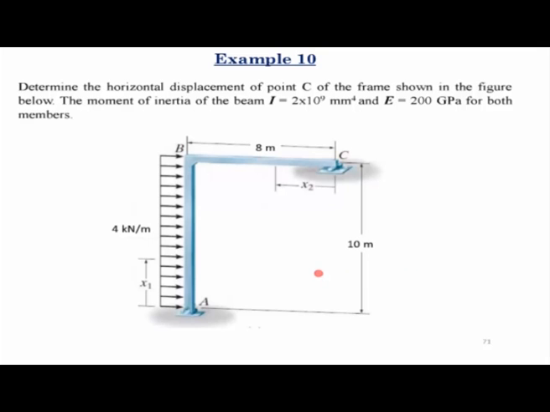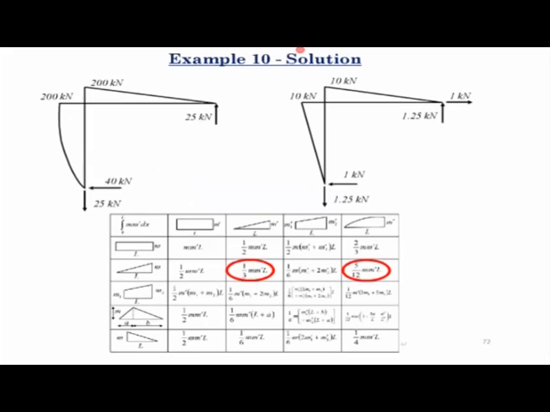We'll have one more example where we'll calculate the displacement in a frame using the virtual work method. So we have a frame here, roller support at one end and a fixed support at this end. The moment of inertia of that frame is given and it is subjected to a uniformly varying load of 4 kilonewton per meter in the vertical member AB. Just want to rectify myself. This support is actually a pin support. It is not a fixed support. And this is a roller support.